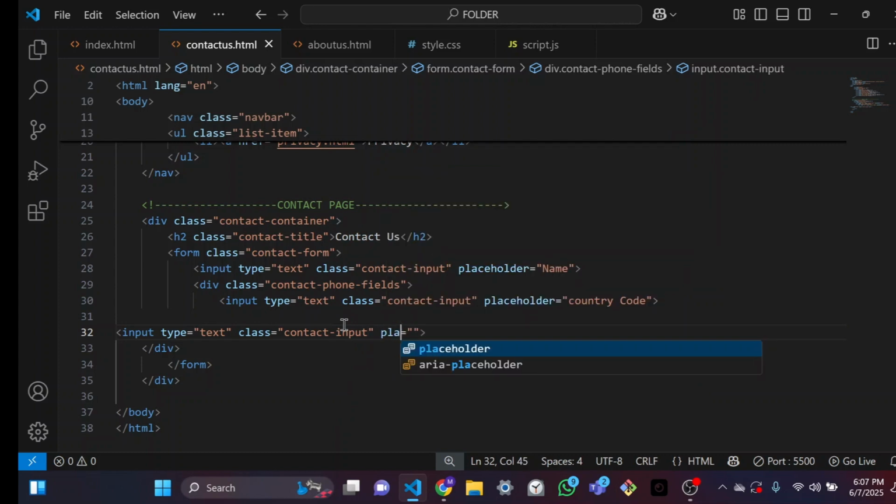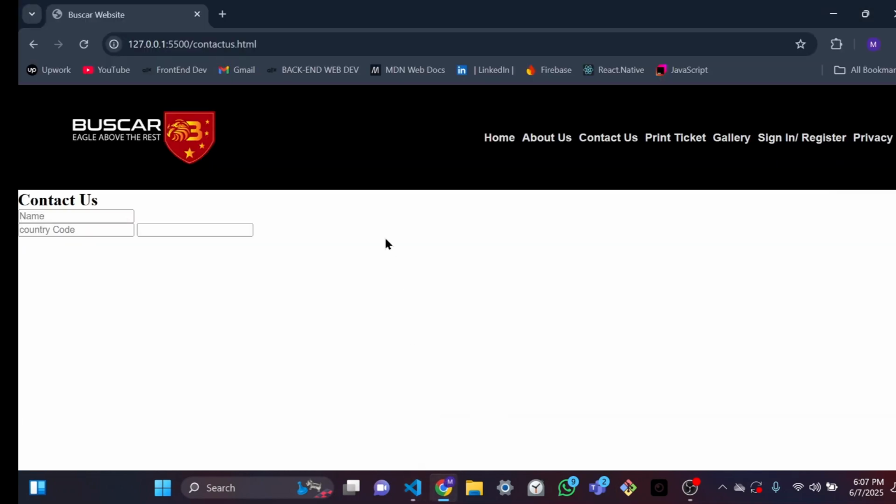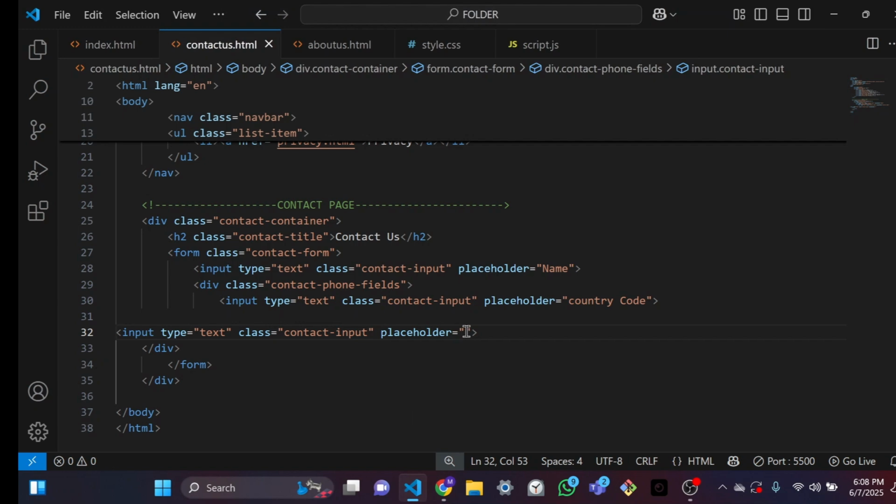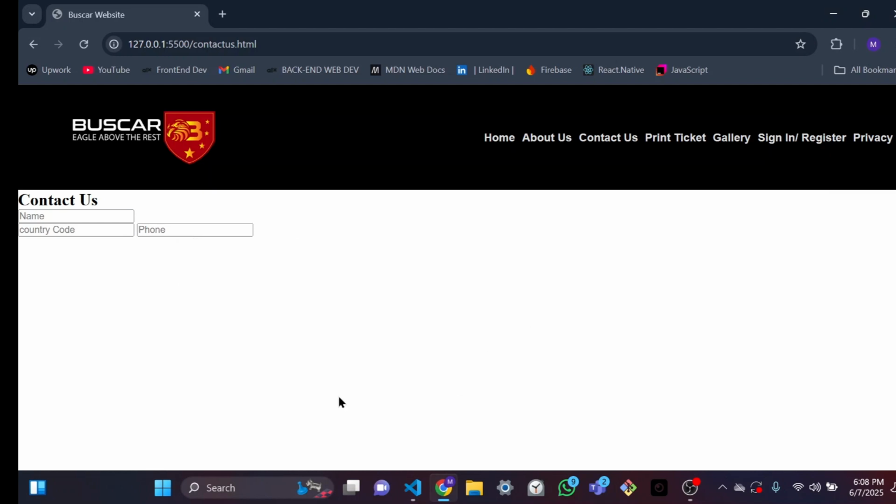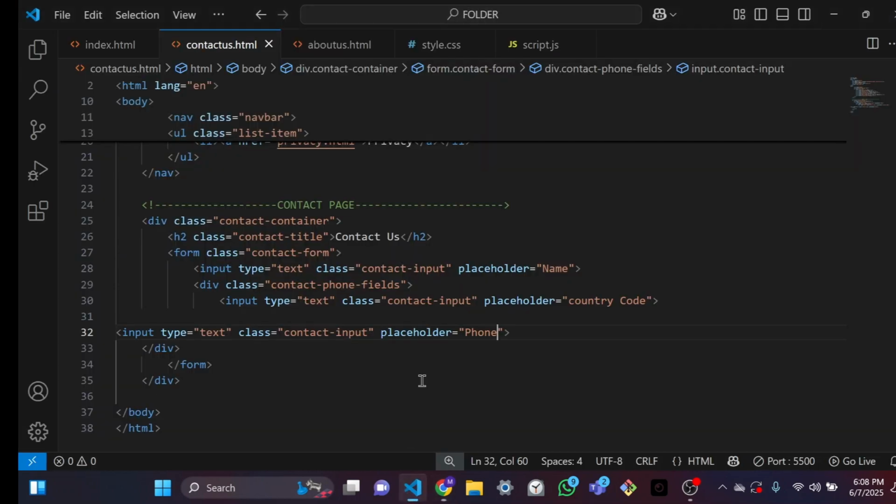We will have the placeholder in place of the ID. That's okay. So let's come and see again. So we have the name, country code, and this one will have phone. So let's see, there it is. Okay,